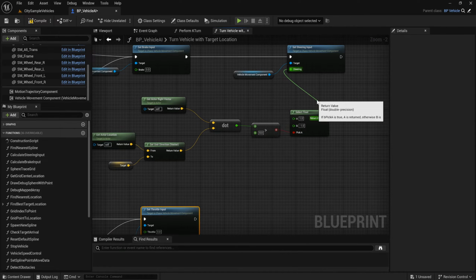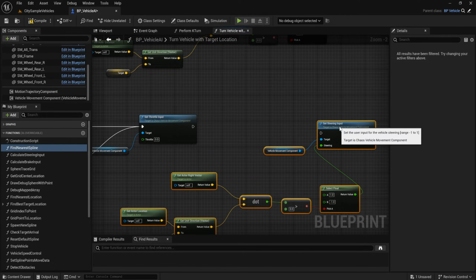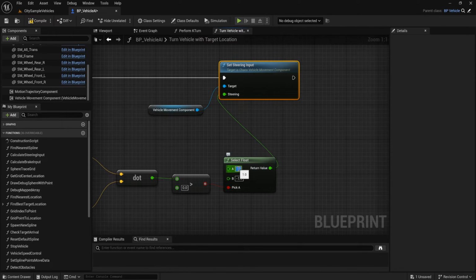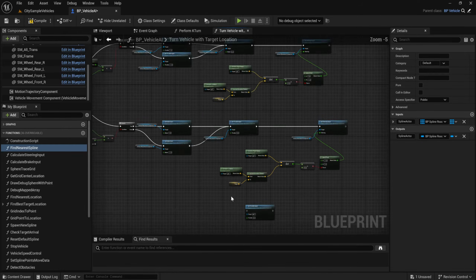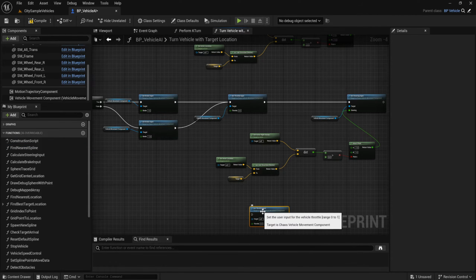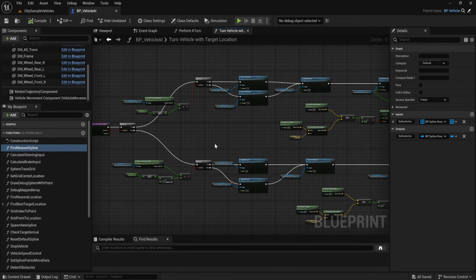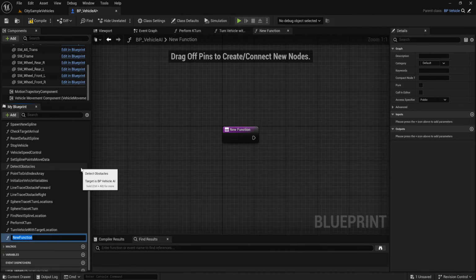And next is the steering input. Copy all of this. The same for everything, but this float is opposite, -1 and 1. Delete this. And let's compile. Add another function. This function name is has completed